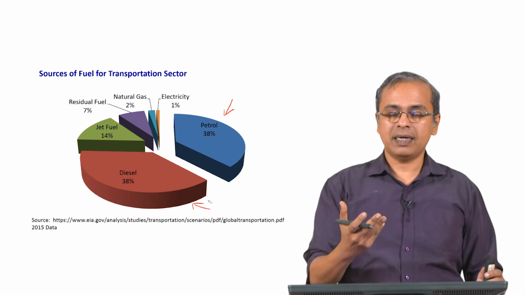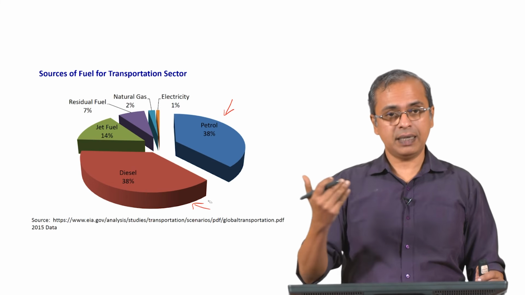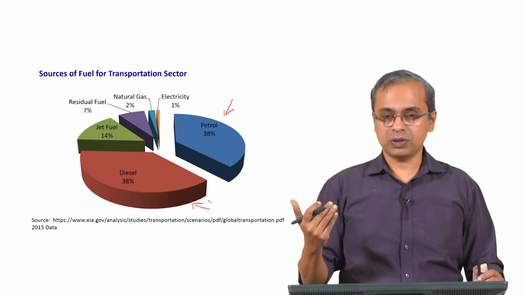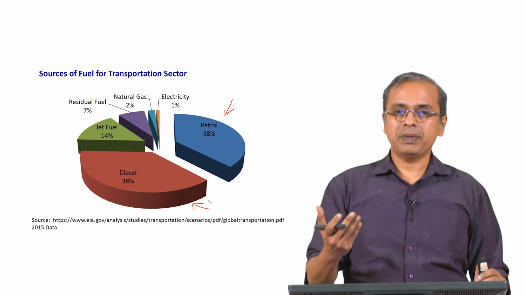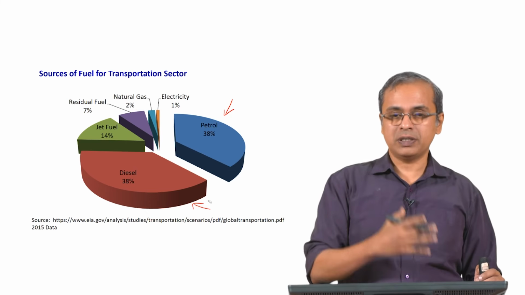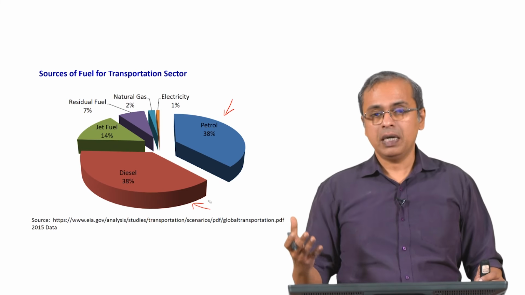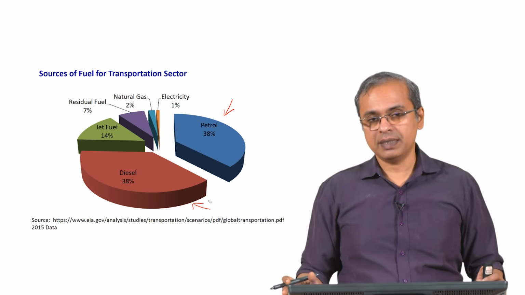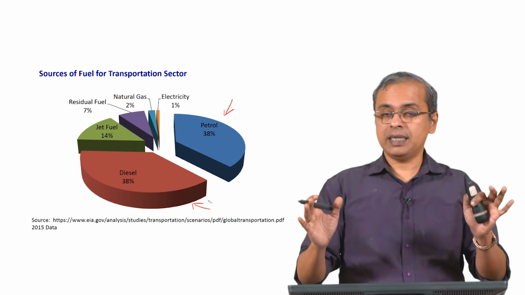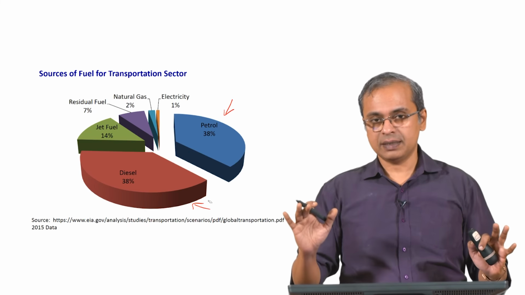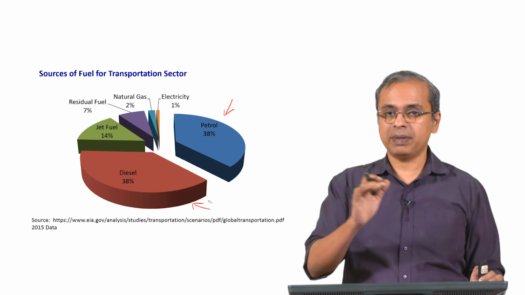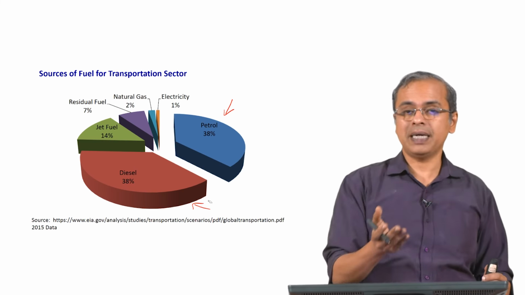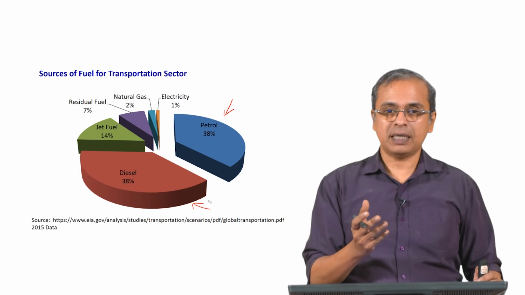The private cars also, several are diesel, but increasingly petrol has started becoming equally popular. For a long time it was primarily petrol, but then diesel caught on because it was a lot cheaper and people felt that that's a better way to go. But with the pricing, which has become much more dynamic these days, the distortion in diesel pricing relative to petrol pricing is fast disappearing. And so people no longer see that great benefit from getting a diesel vehicle, where they are upfront paying additional money and then the fuel is not that much cheaper.